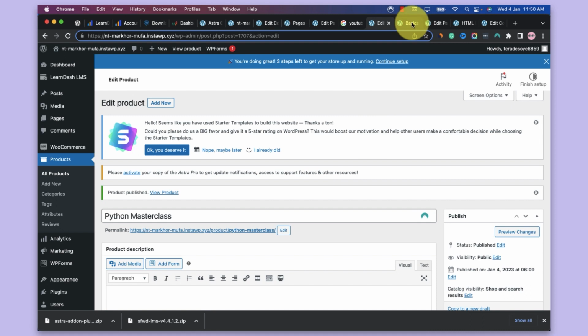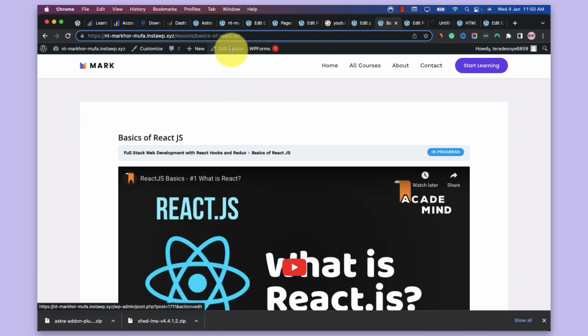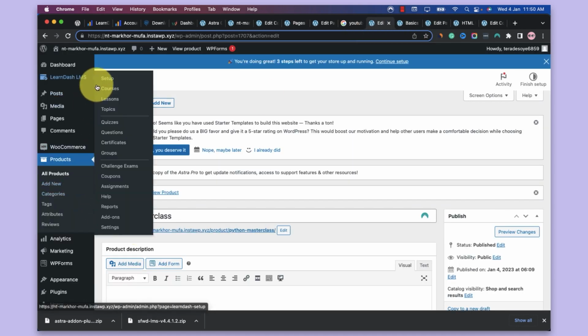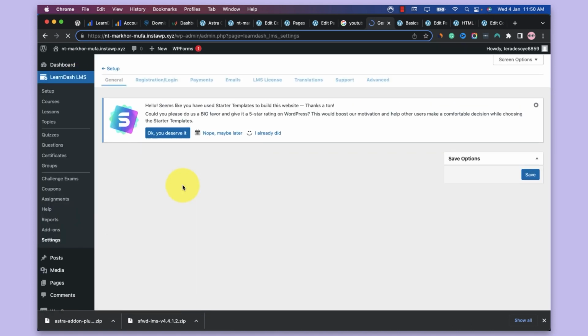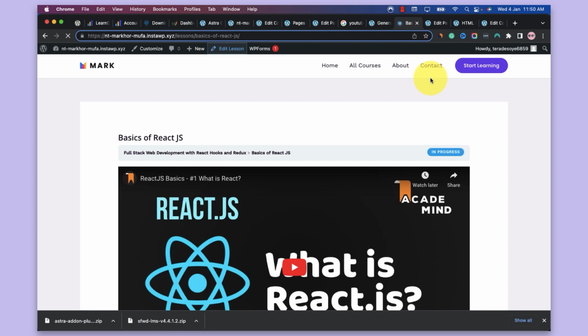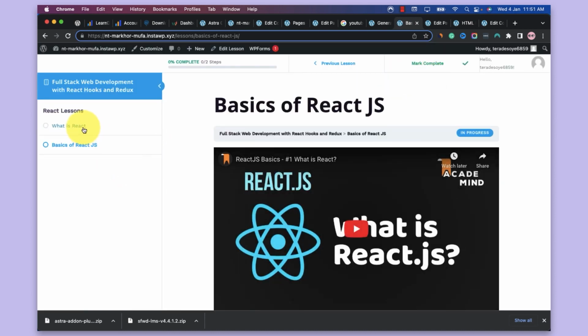this Python masterclass. We are on the React, so let's edit this or we can easily go to our settings from here. Okay, and here we have this option to use the focus mode and set the width and slider position of it. And let me just reload this page and you will see this very interesting layout, where you can easily move from one lesson to another and you can see your progress. You can easily navigate to your previous or next lessons and you can mark them completed, and you have your